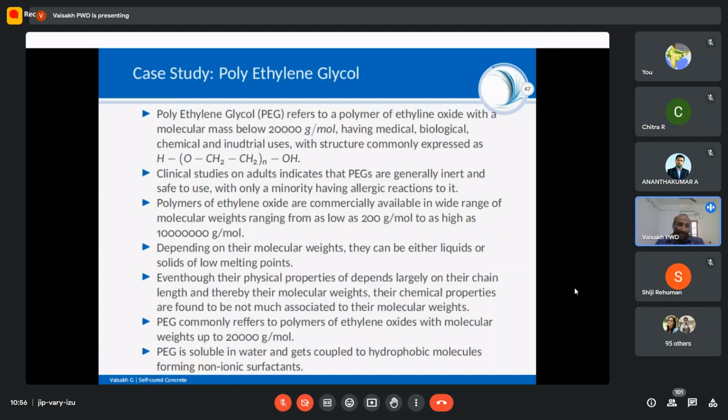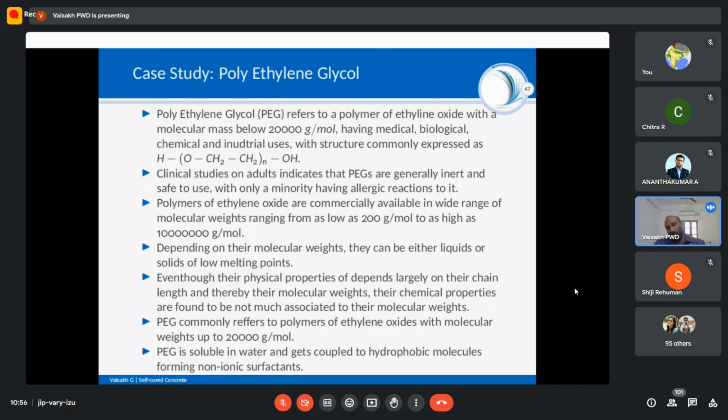And I'll quickly go through my study, in which I have used polyethylene glycol for curing concrete. Polyethylene glycol is a polymer of ethylene oxide with a molecular mass below 20,000 gram per mole, which is widely used in medical, biological, chemical, and industrial use. Some of the PEGs have very high cost, whereas some others have very low cost. So naturally, I have tried, because the economics has to be considered,